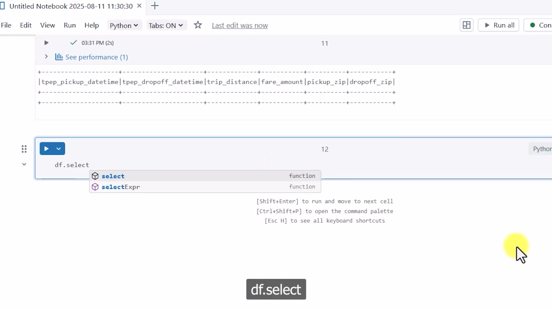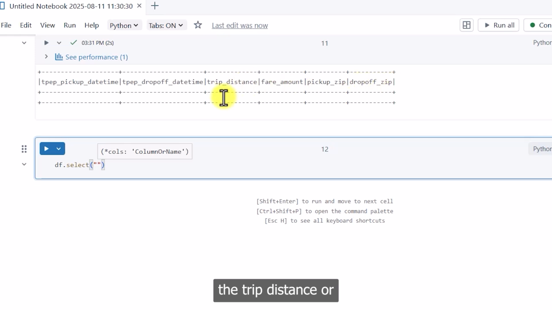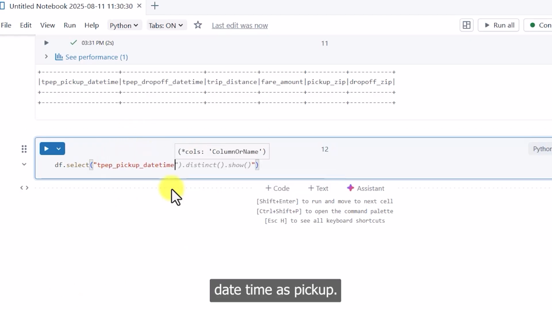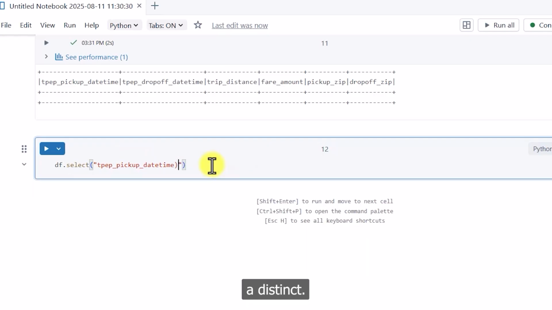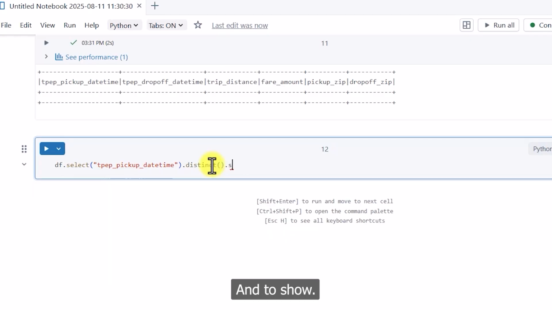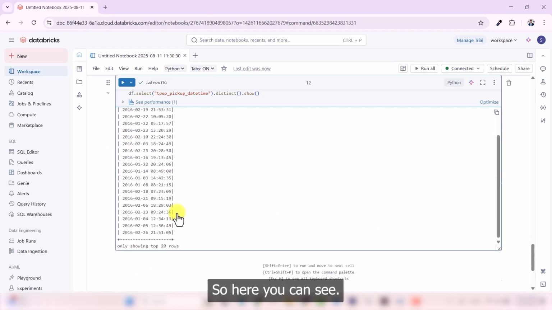df.select, and for example you just want to check the trip distance, or this one as the pickup date time, and you just want to add the distinct function and the show function, and run this command. So here you can see